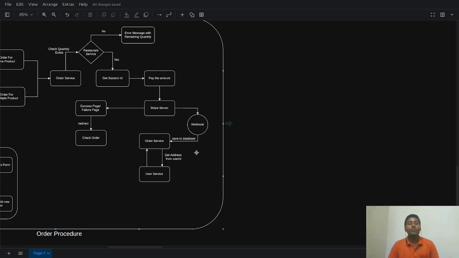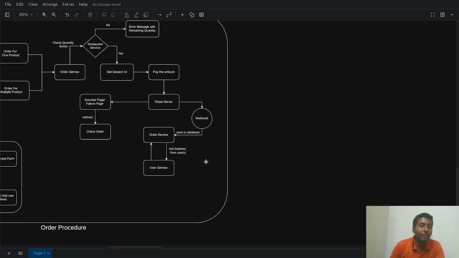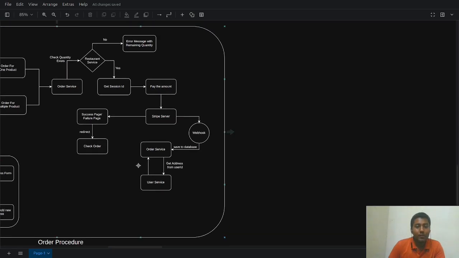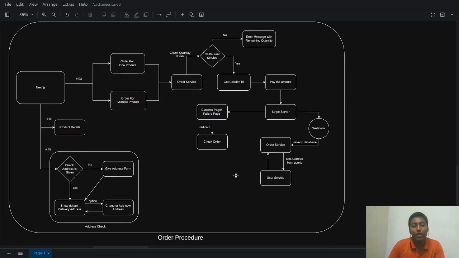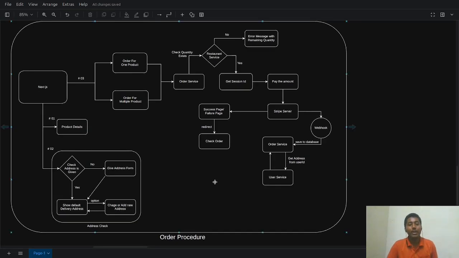So for example, that person has ordered this particular product with this particular delivery address. So three pieces of information are stored: user detail, product detail, and delivery address. These three details are saved into the order service, into the order schema. After that, this will happen, and this is the overall architecture of the order procedure, how ordering happens in my